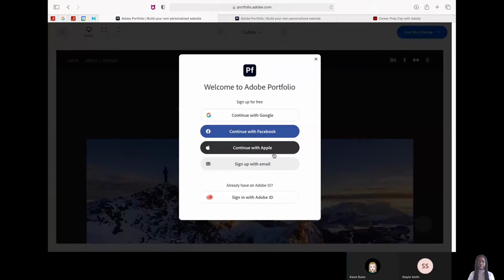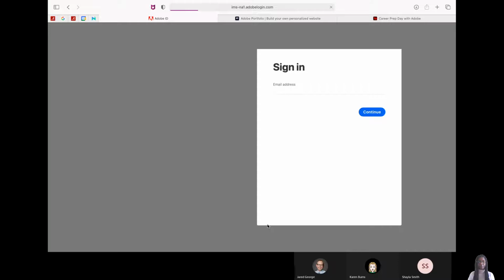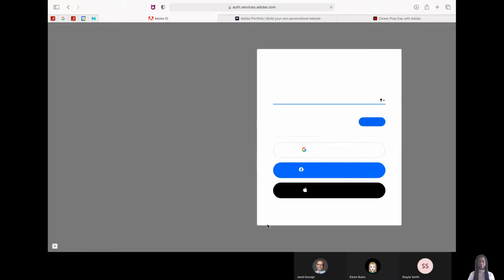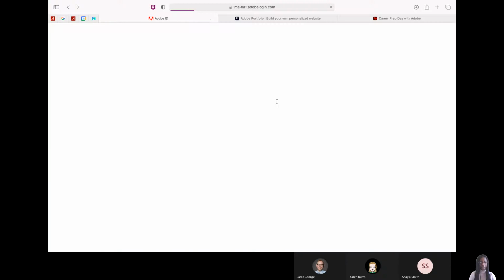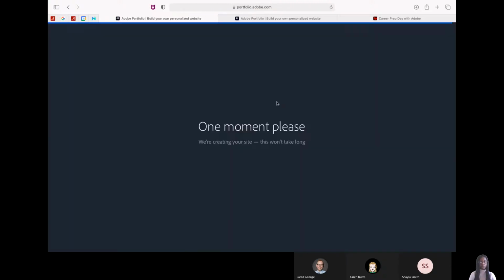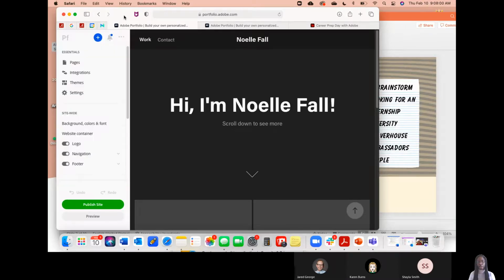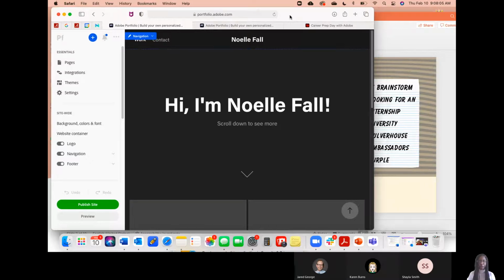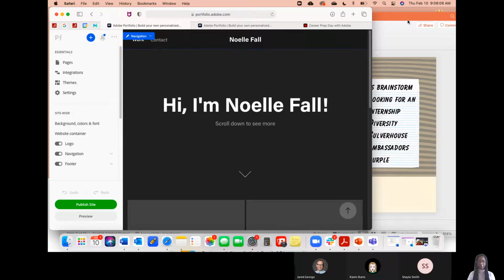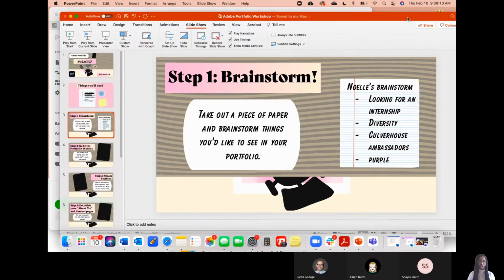Then it's going to ask you to sign in. From there, you'll sign in with your Adobe ID. Well, it automatically did it for me, but typically you would just type in your UA username and password, and you would be able to log in. I guess it just logged in for me because I've been logged in for a good minute now. So once you complete that step,